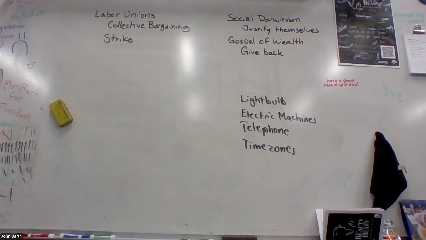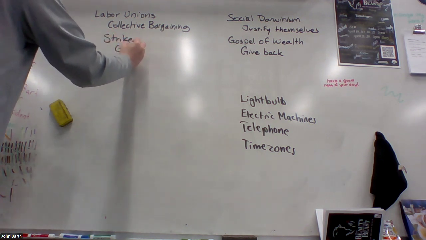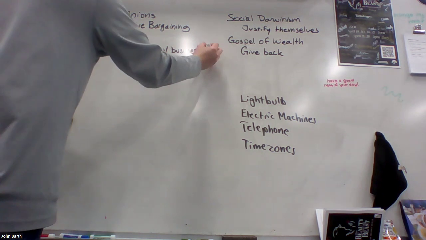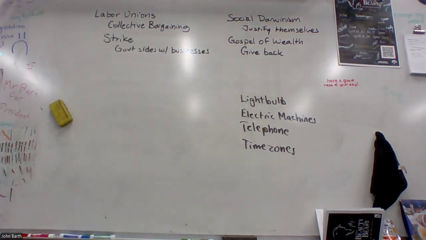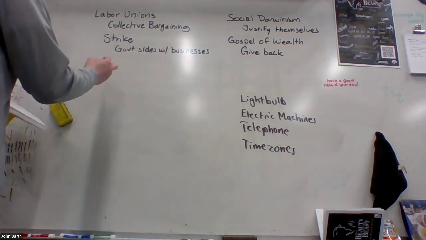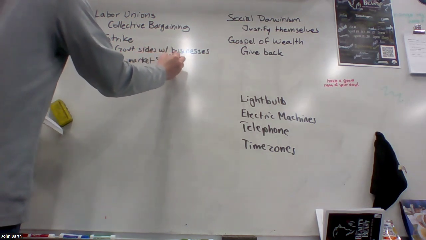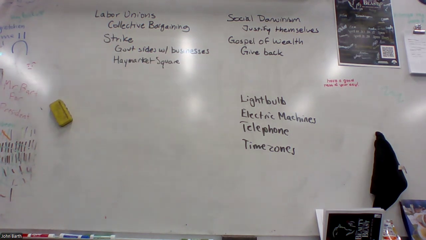oftentimes the government would side with businesses. Not in the 1800s. The government's going to side with the businesses. Over and over again, we see police and sometimes even soldiers sent out to put down strikes. Like the Haymarket Square incident, where the police are sent out because there's people who are protesting, but then a group of anarchists show up and they throw bombs at the police officers, right? And so over and over again, we see the government siding with businesses, and